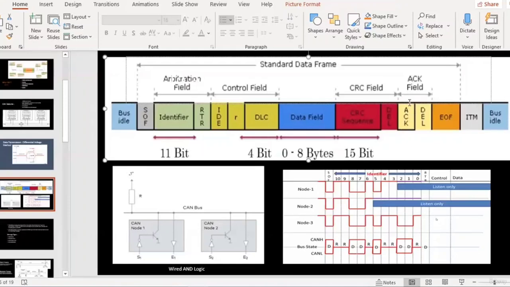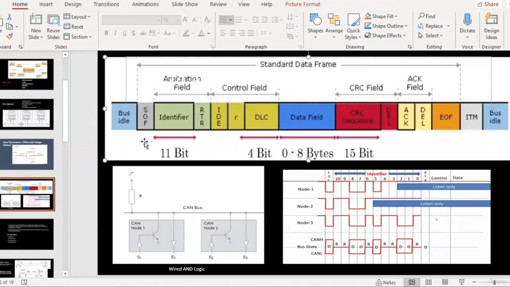The receiving side makes the acknowledgement bit go from 1 to 0, and it is followed by a delimiter, which is again a recessive bit, giving an extra cushion of time for the voltage level to change from 1 to 0 and be sensed by the other ECUs on the CAN line. After that there is the end of frame, which is 6 recessive bits, but we can check in the document. That marks the end of the standard frame.